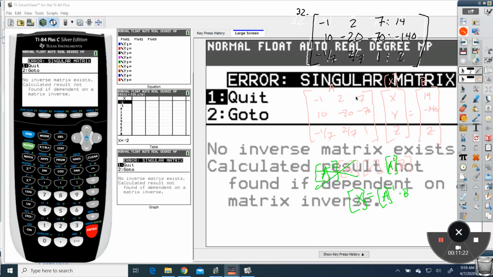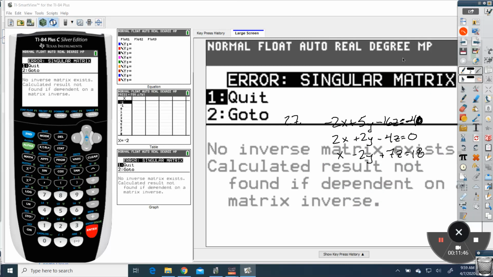So when it says singular matrix, that means there are infinitely many solutions. So you would just write infinitely many solutions. Like I said, realistically you should get them in terms of A, B, or A. So X equals something with A, Y equals something with A, Z equals something with A. Okay? But we aren't doing that. All right, the next question